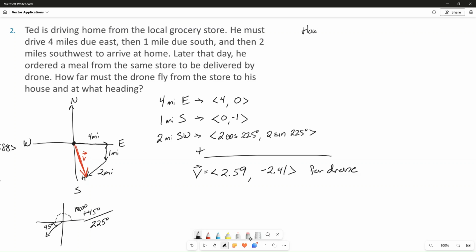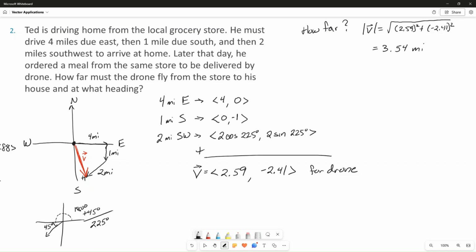Remember, for the magnitude of a vector, you take the square root of the sum of the components squared. So it's the square root of 2.59 squared plus negative 2.41 squared. And using a calculator, we get that that's going to be 3.54